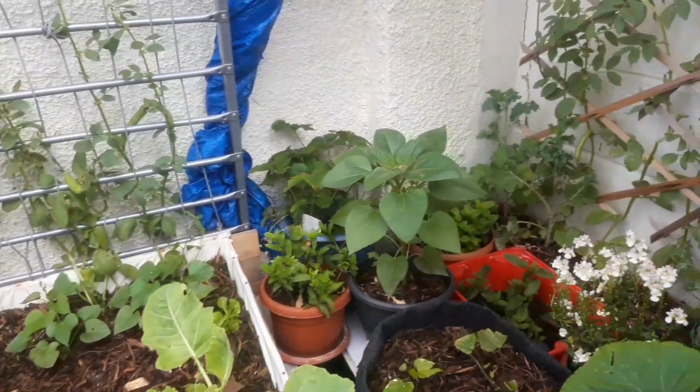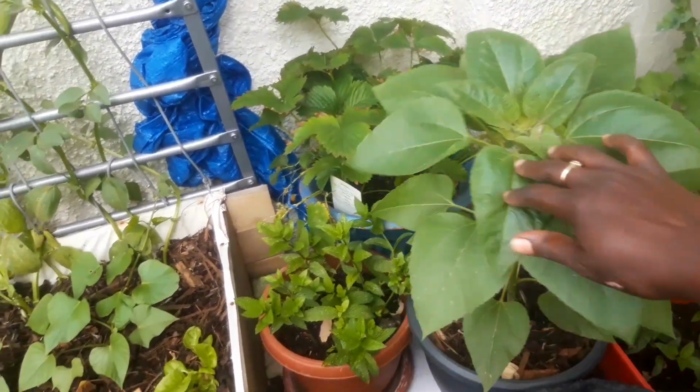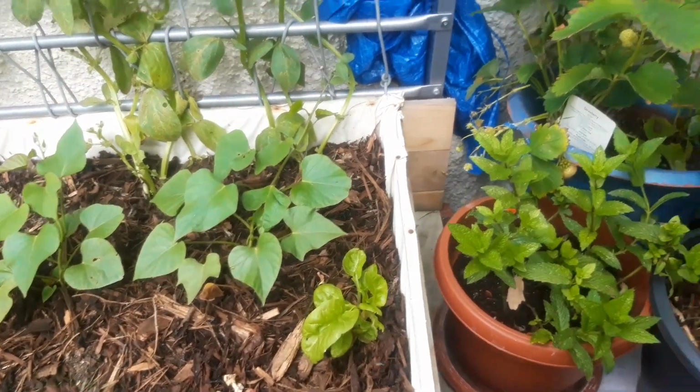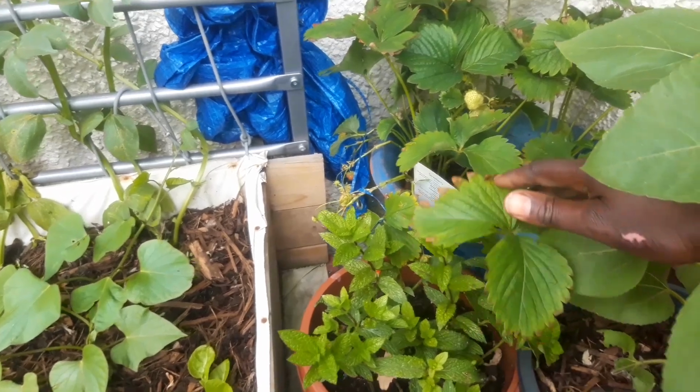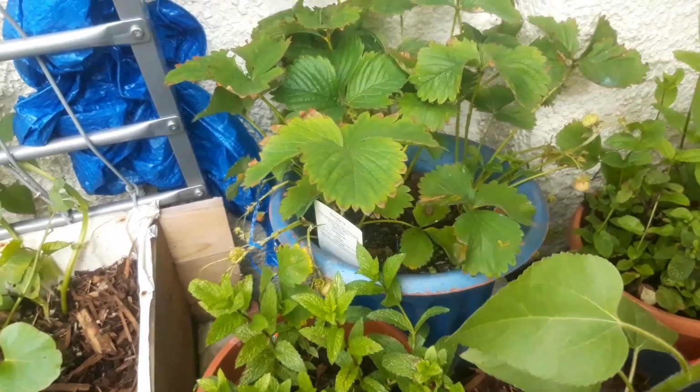So over here we have this sunflower. So I love sunflowers in the garden. I think they look beautiful, and they also invite very good beneficial insects. And here we have